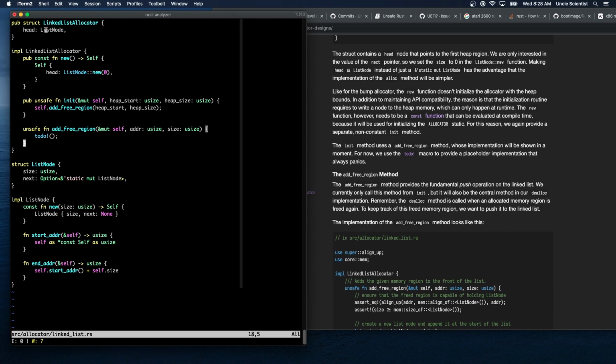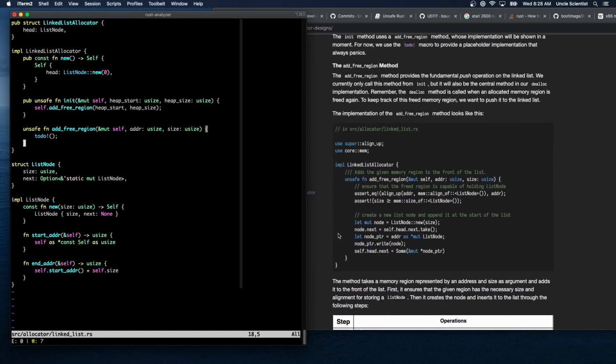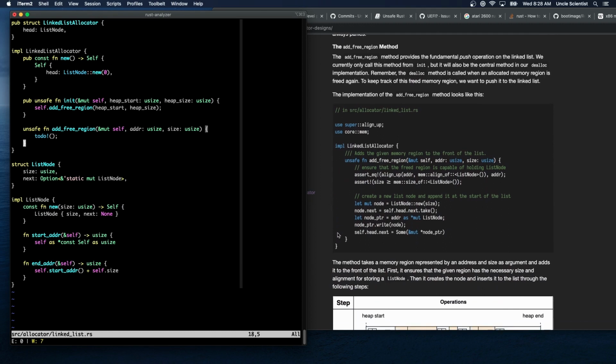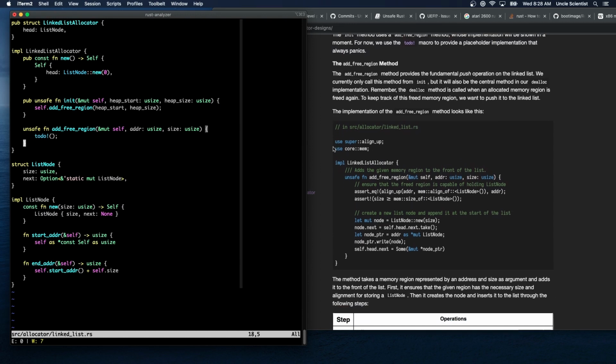Okay, that all makes sense. The init method uses an add_free_region method, whose implementation will be shown in a moment. For now, we use the todo macro to provide a placeholder implementation that always panics. Okay, the add free region method. This seems like it could be cleaned up a little bit, but